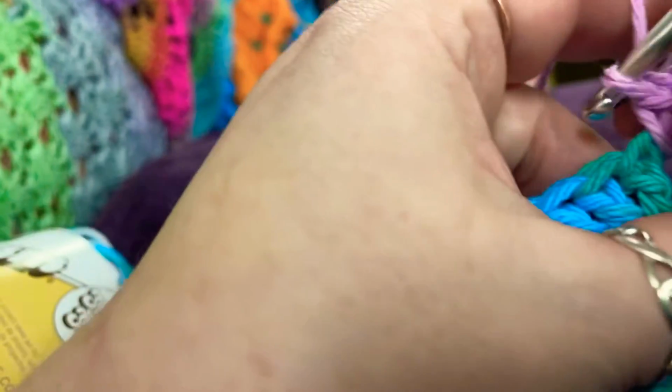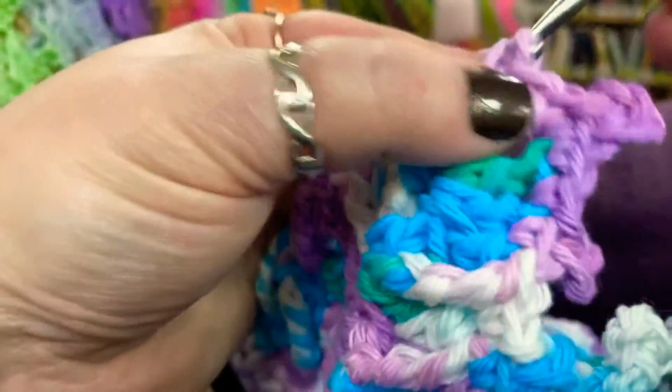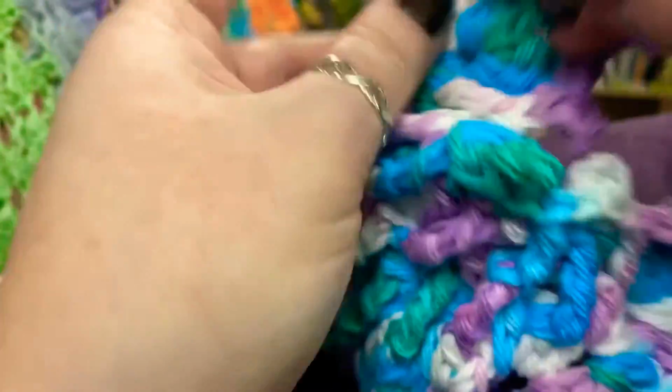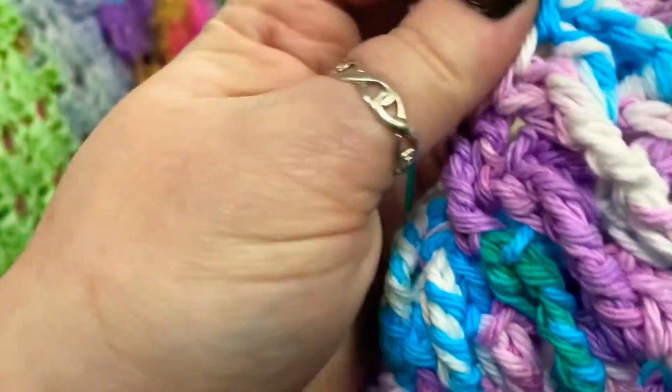single crochet into the space, a second into the top of that double crochet, and a third into the top of that, chain 3, all 3 loops, single crochet, 2 loops, skip a row, pull up a stitch through 1, 2, and 3, single crochet, 3 chains, pull a loop through all 3,